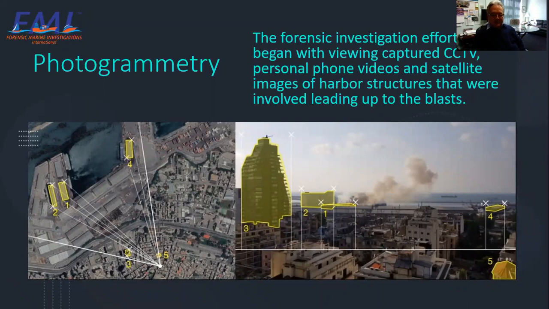Again, using this photo, you can see the indicated 1, 2, 3, and 4 are individual structures. And from that, you can look at the picture on the left and see how they matched the location of those individual buildings and structures. You can see them named, there's actually 5 structures, I'm sorry. And that relates to the area where the photograph was captured, and it establishes the validity of the photogrammetric evaluation process.